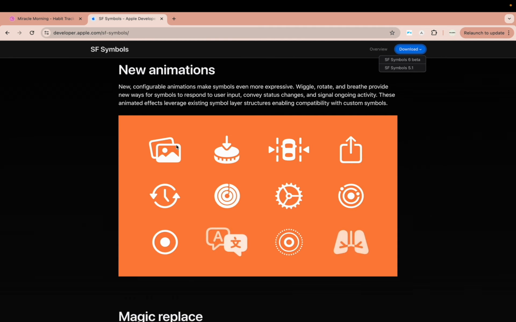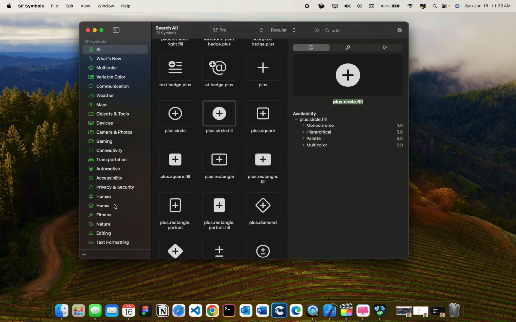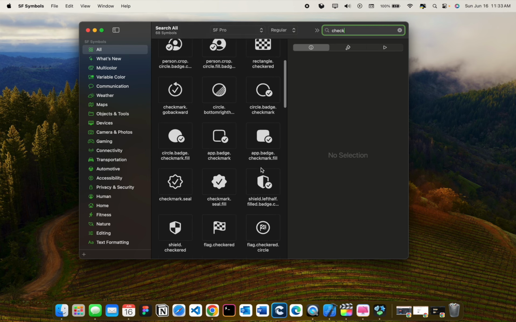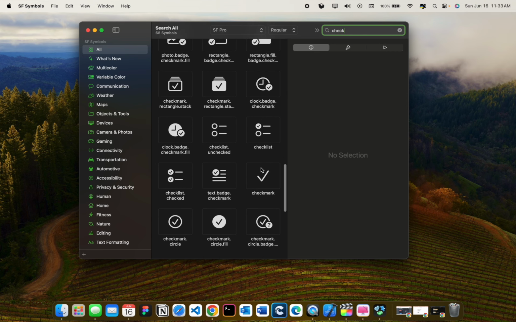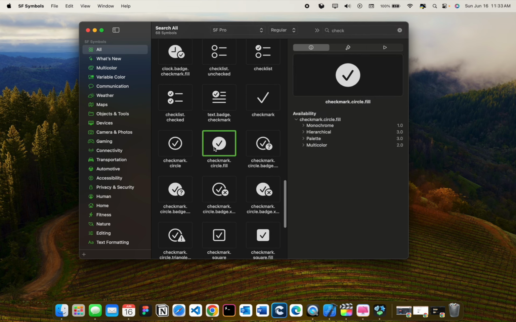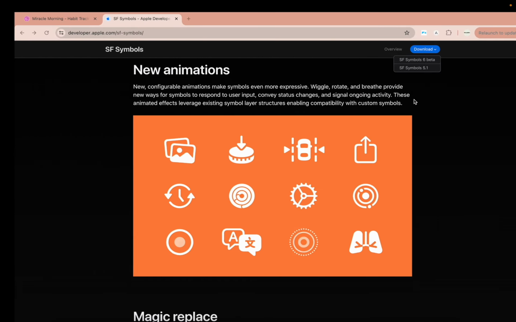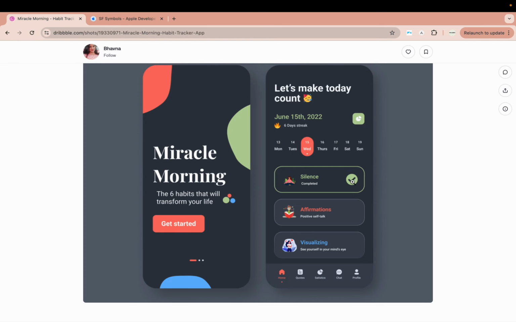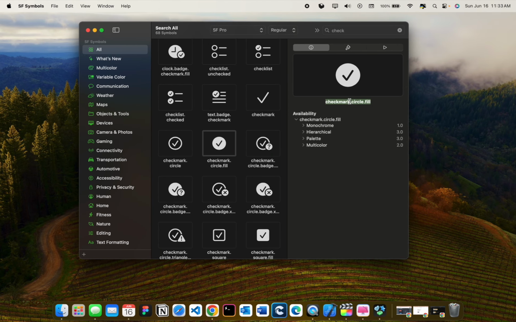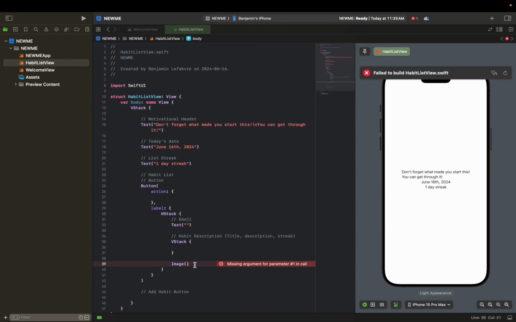And basically, when you have this open, you can search for what you want. So I want to get a check mark. Let's see. Oh, I see here a check mark. If you prefer this one with the empty, or if you prefer the full one, I do want to follow a bit more our layout here, so I'm going to go with the full one. I'm just going to copy the name that there is under the check mark, and we'll go back into the code. So the image, we'll want to use a system